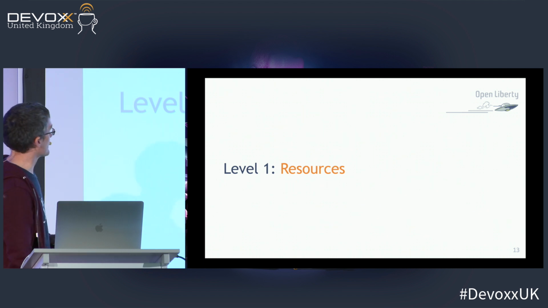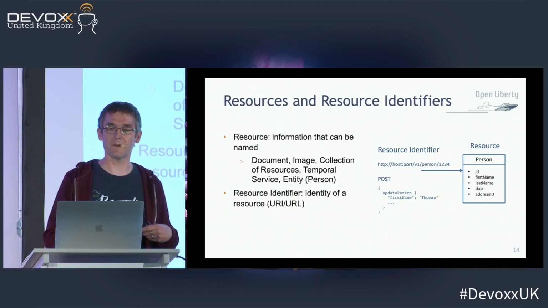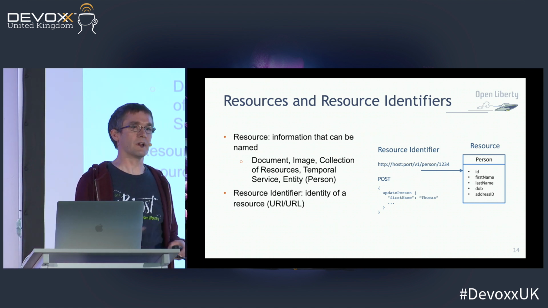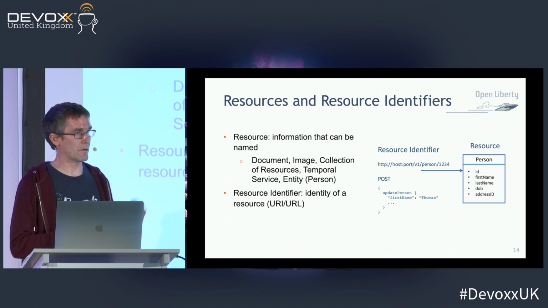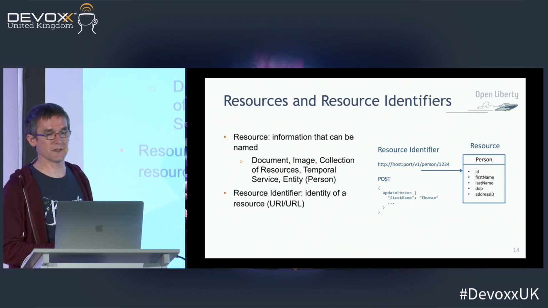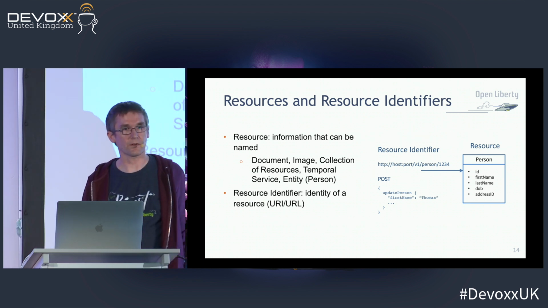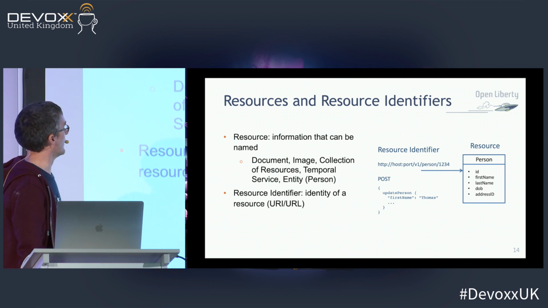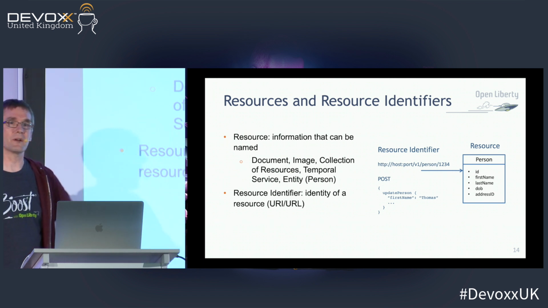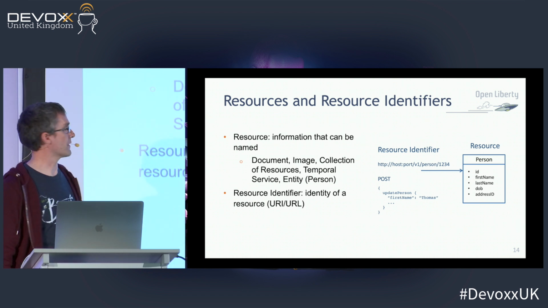Okay, so the next level up is resources. This is where you start thinking about resources. So you end up with multiple endpoints. In my particular example, I've got a person and an address. So I can have a person endpoint for my person resources, and I can have an address endpoint for my address resources. But we're still not using HTTP appropriately, so we're going to tunnel things over POST requests because I want to pass body data in. So my request looks very similar, and the response coming back is again going to look very similar.